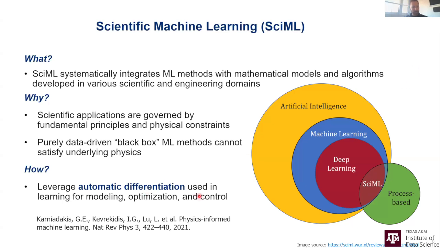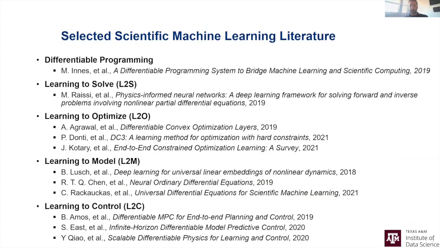So for further details, I really encourage you to go and search for some literature reviews. For instance, this physics-informed learning paper from Nature is a very good one to start if you are not familiar with scientific or physics-informed machine learning. To give you a very biased and incomplete literature review, I'm just listing a couple of papers that influenced my thinking in this area. Differentiable programming system to bridge machine learning and scientific computing from the Julia community is a very good start for really the foundational